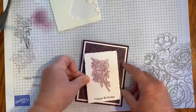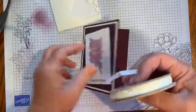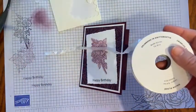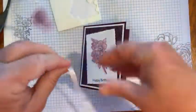And then I just gotta put that in on an angle. I do want to add some ribbon. Got to have a little bit of ribbon. And I'm using the white crinkled seam binding. And I just took off a piece and going to